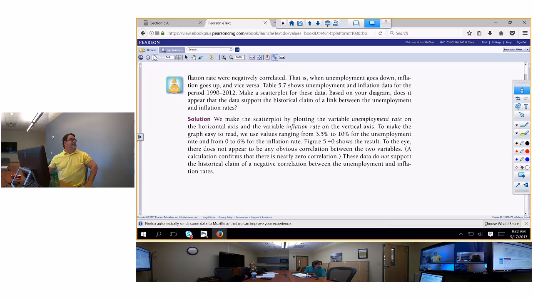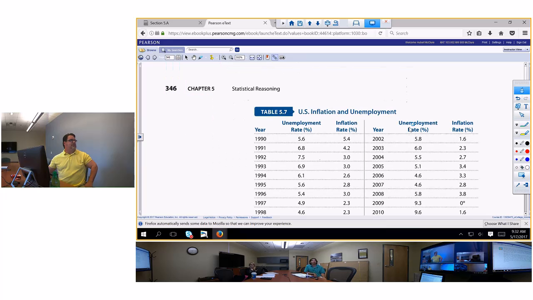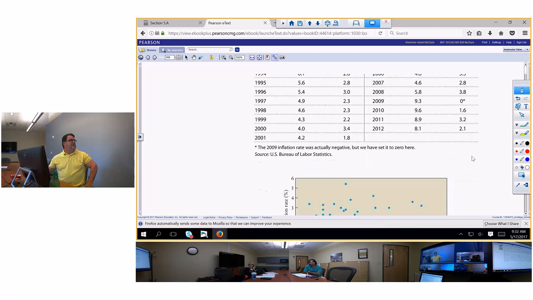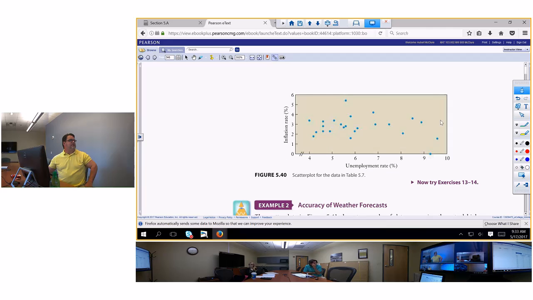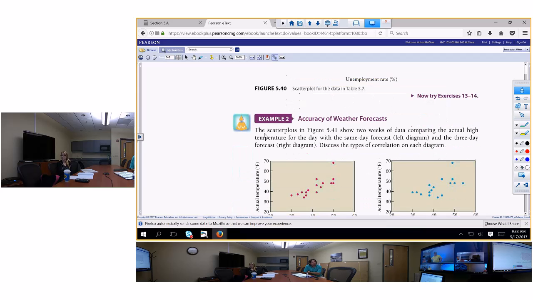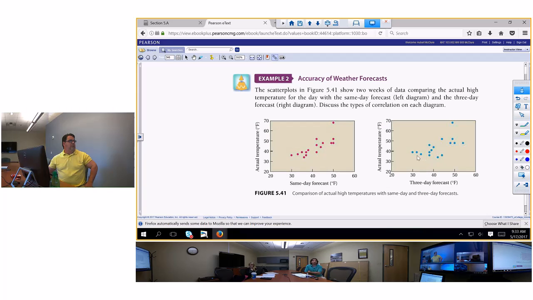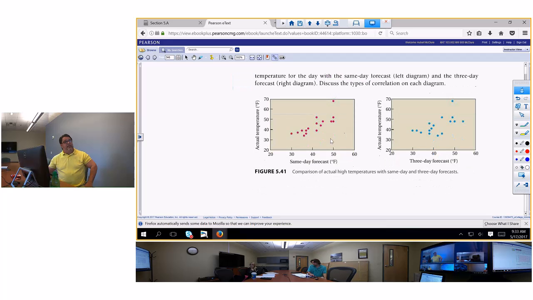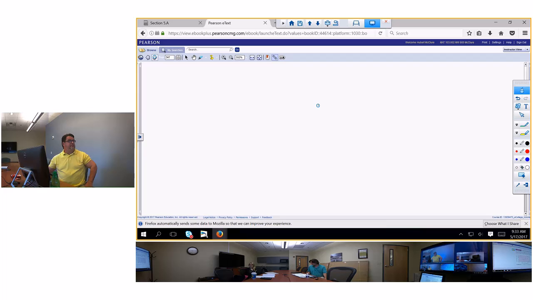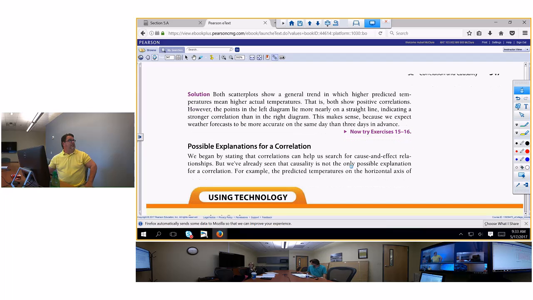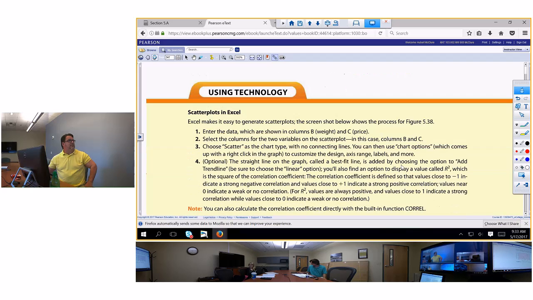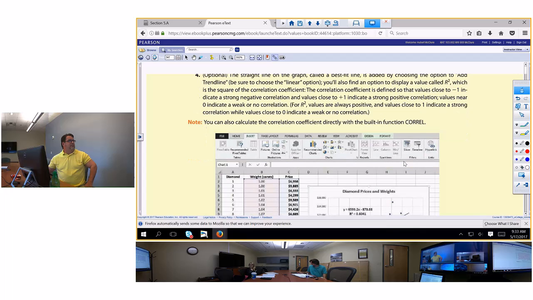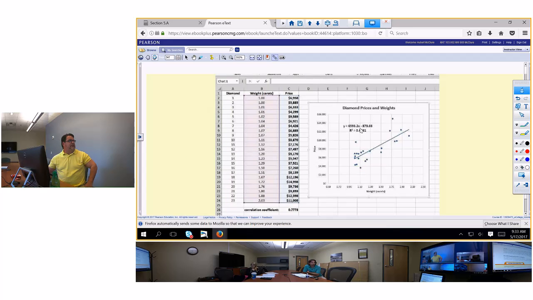All right. That's pretty much correlation. That's the only thing I'm going to ask you on that. I don't know if they're going to ask you to figure the correlation. Let's see if they give you a formula. That would be a constant correlation right here. That's a positive. This is more of a constant. I'm looking to see if they want you to calculate the... Yep, they do want you to.